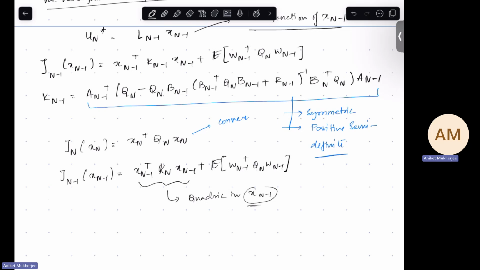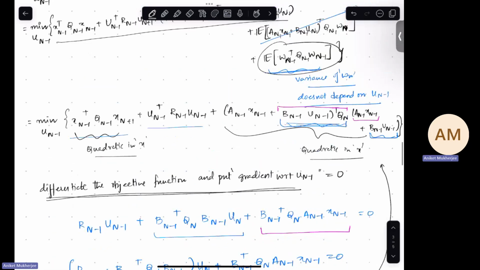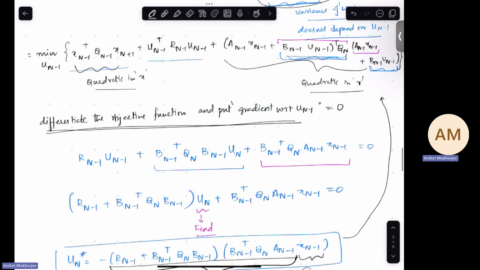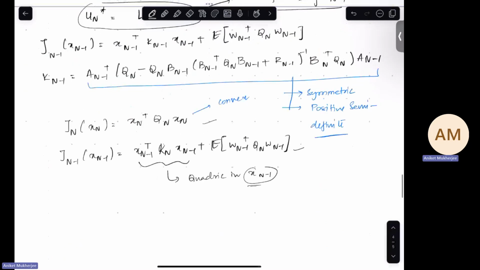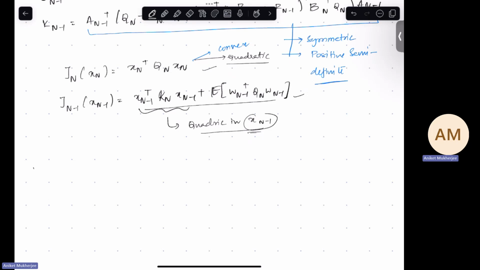And it is also convex, and because this quadratic nature keeps on continuing, every time you keep on substituting. So here the optimal policy was linear because your cost function was quadratic, but then here you had a bilinear term of u and x. But because the optimal policy u is a linear function of x, if you substitute u as a linear function of x, this whole thing becomes a quadratic cost function in x. So Jn minus 1 is again quadratic in x. Here also it was quadratic. So because the optimal policy is linear, again it becomes quadratic. So again, if you substitute this back and calculate now for t equal to n minus 2,